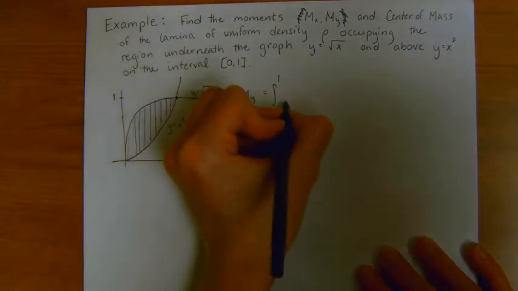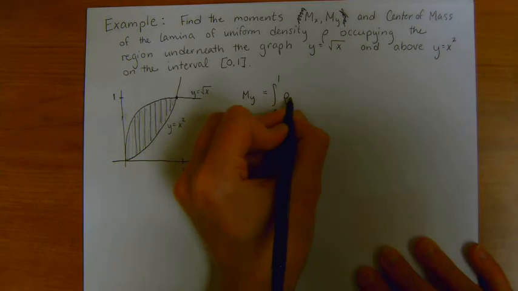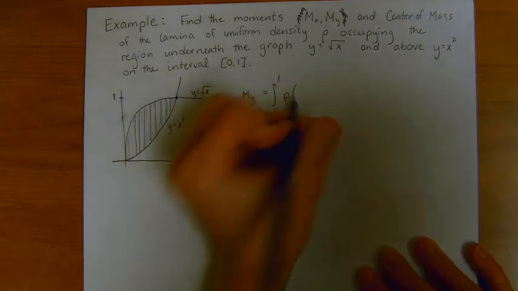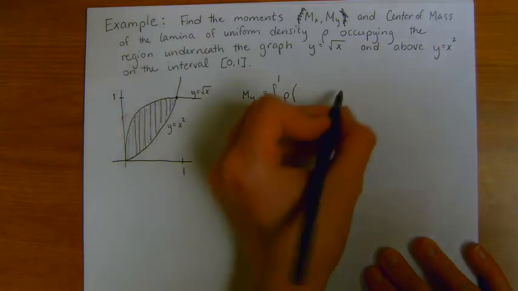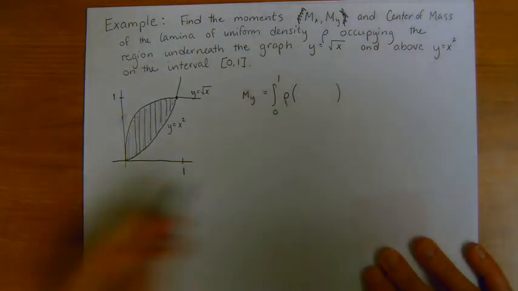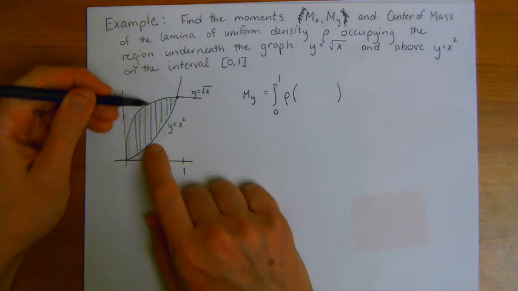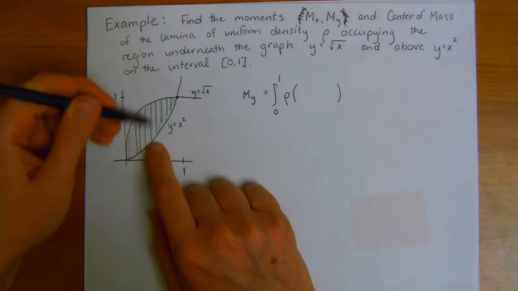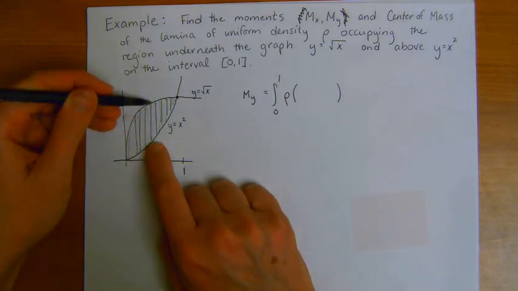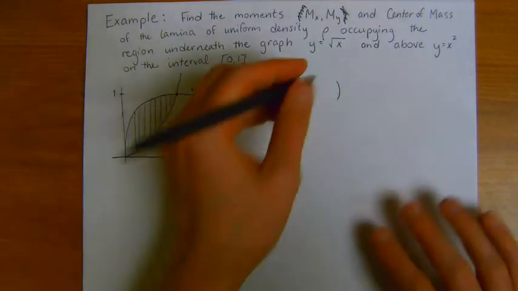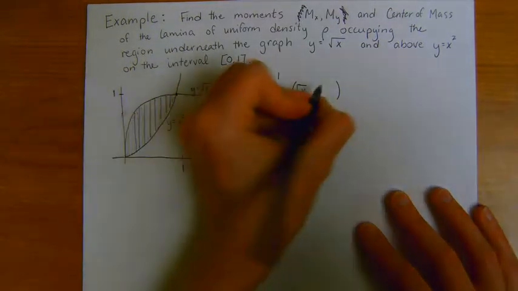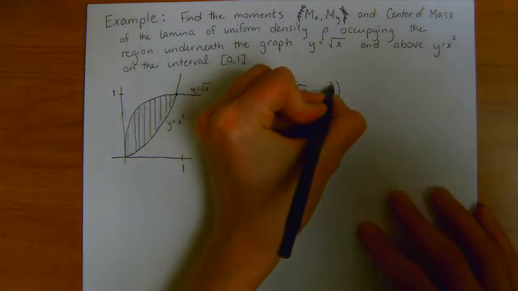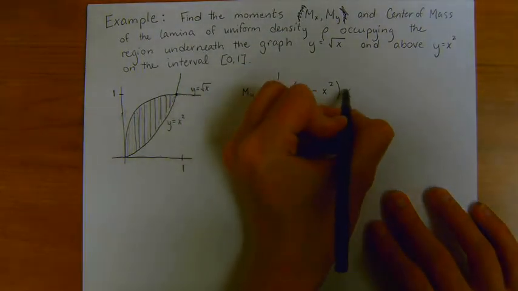of the density times, in my previous formula I just had f of x, but really that f of x is standing for the height, and in this case I have to be careful about the fact that I have a difference of heights to get this area under the curve. So it should be the top function, which is square root x, minus the bottom function, which is x squared, times x